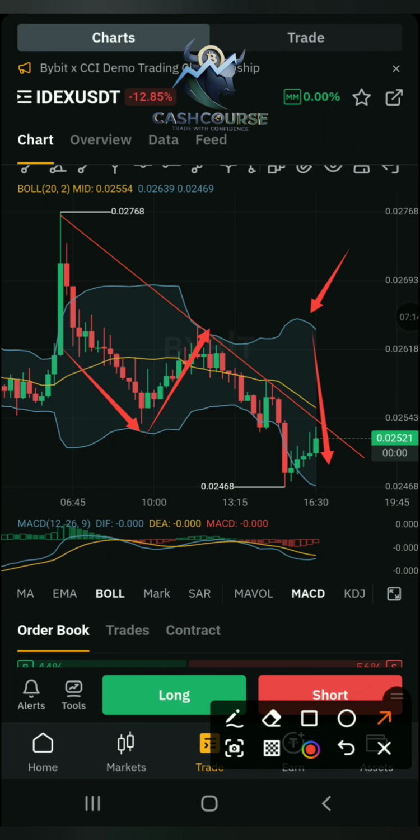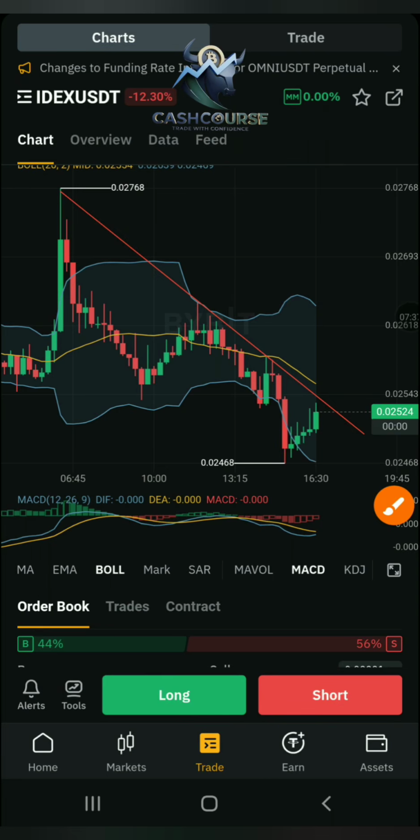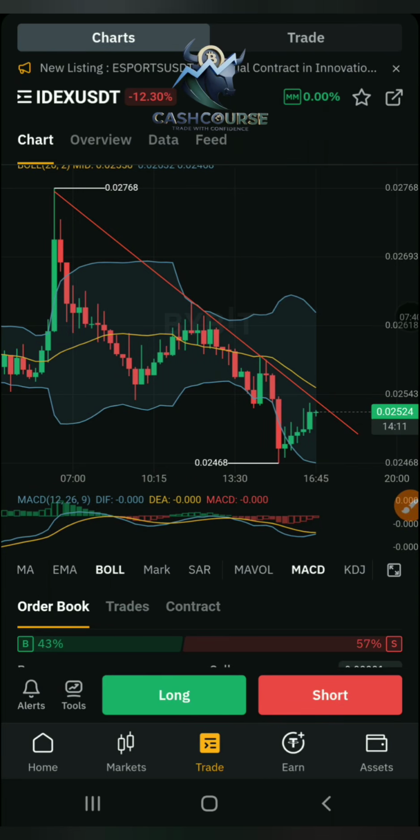Now what is the primary use of this indicator on my chart? The primary use of this indicator is to tell me when the price has hit the band, and I should get ready for the next upward move or downward move, regardless of the time frame. Okay, so now that our Bollinger Band is turned on and the MACD is turned on,